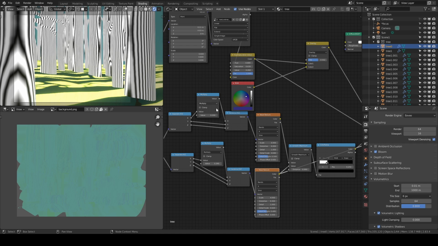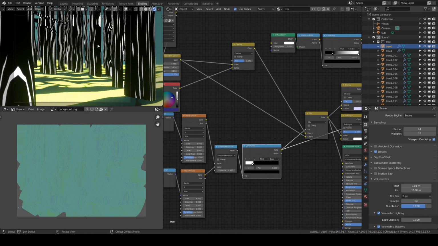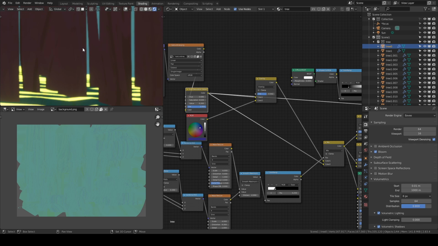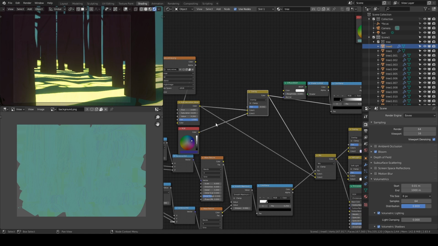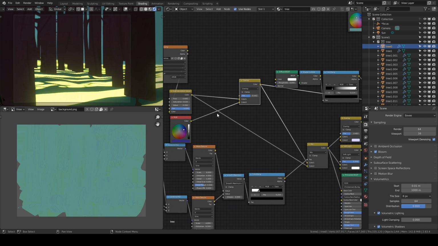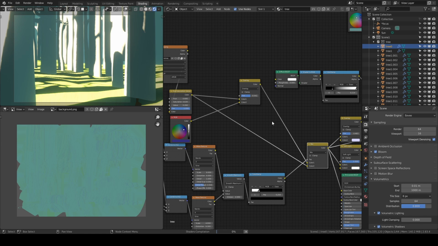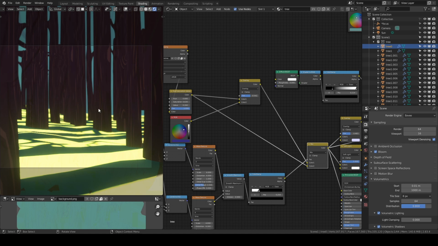I have a different kind of wave texture. I combined both of them to make it non-uniform, and then I plugged the color ramp to define the texture that you might typically find on a tree. These loops and rings and all. And then I have this brown image. I have this texture image, and then I defined a darker version of it, and then this is the lighter version of it. So I can actually combine this darker and lighter version using this factor that we defined to create something like this. So this is the base tree texture.